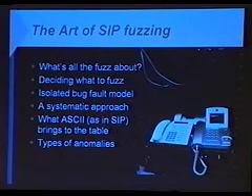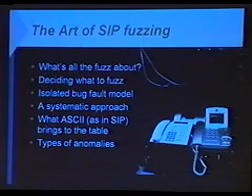Importance of systematic approach. As said, I'm really a believer of doing these things systematically compared to random mutations to the input data. Then SIP is an ASCII-based protocol. It brings something with it which you can take advantage of when designing your own tests. And then finally, different types of anomalies which you really should put into the